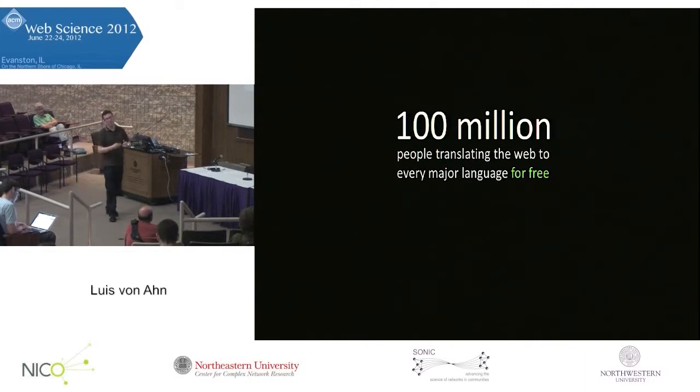Now, when we started working on this, we thought, well, why can't we just use computers? Why can't we use machine translation? For example, Google has Google Translate. It's gotten better over the years. Why can't we use it? The problem is it's not very good. In fact, you would never see a book translated by Google Translate yet. It just doesn't work as well yet. And probably it won't be another 20 or 30 years until it works really well.